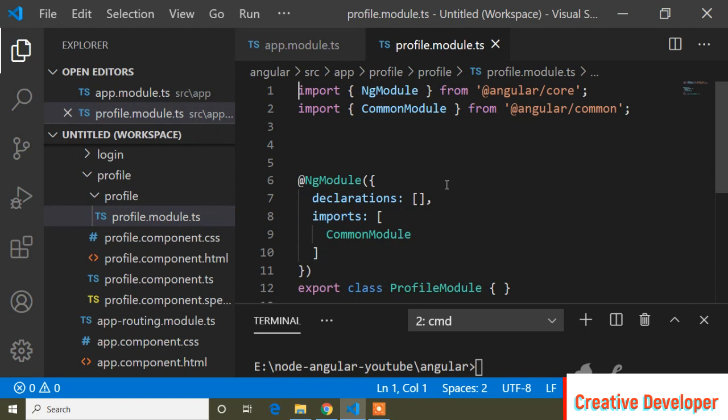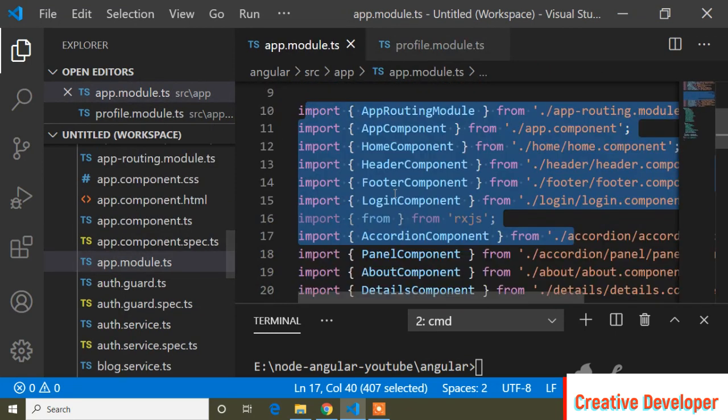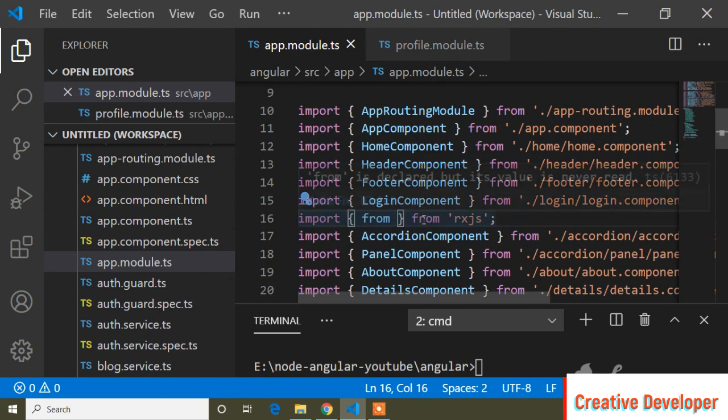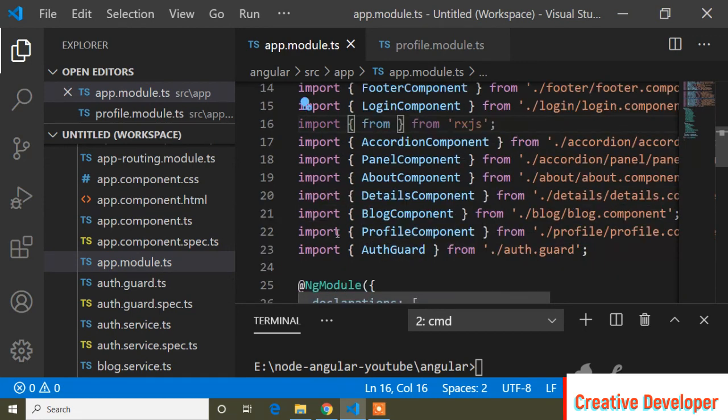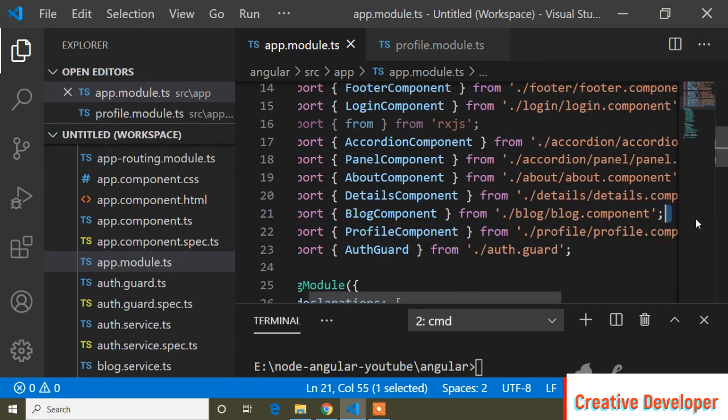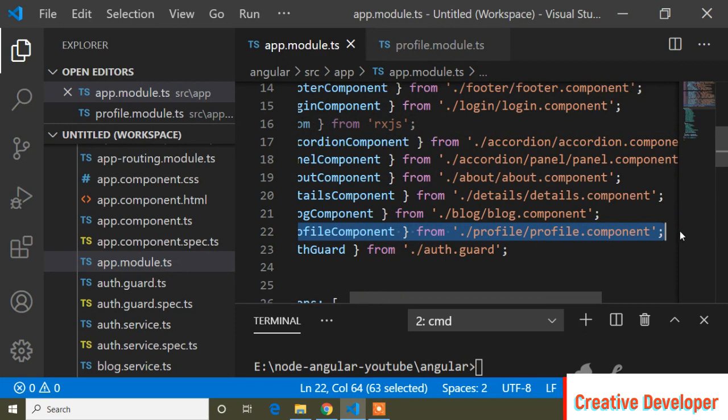Now I have to do one thing: this profile component I have to import in our profile module.ts file, and which I imported before in our app module.ts file. Here you can see it imported in the app module.ts file. Now I have to remove this because I generated a separate module for our profile component.